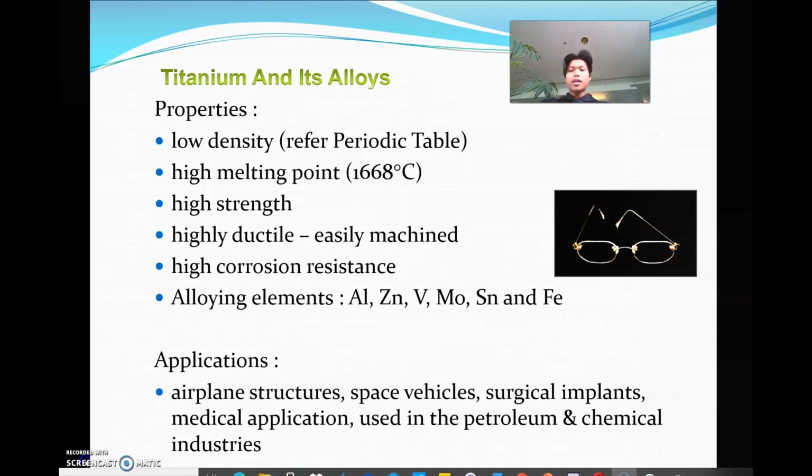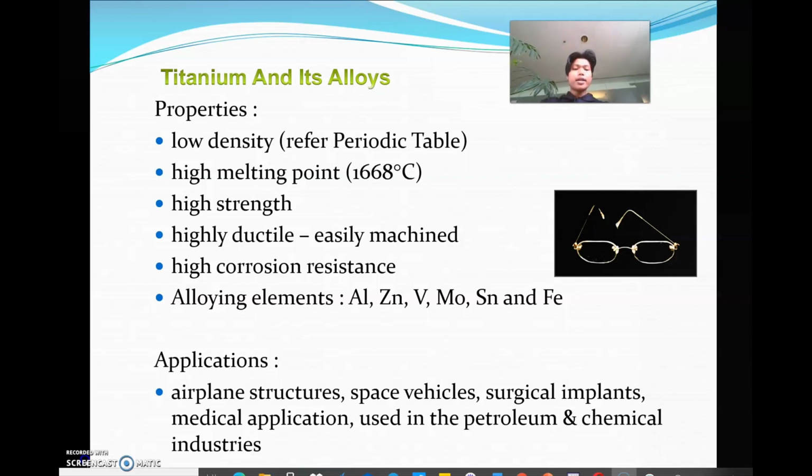For titanium and its alloy, there are some properties. Titanium has low density, referring to the periodic table, and it has a high melting point, which is 1668 degrees Celsius. It also has high strength, high ductility, and is easy to machine. It also has high corrosion resistance, and its alloying elements are aluminium, zinc, vanadium,